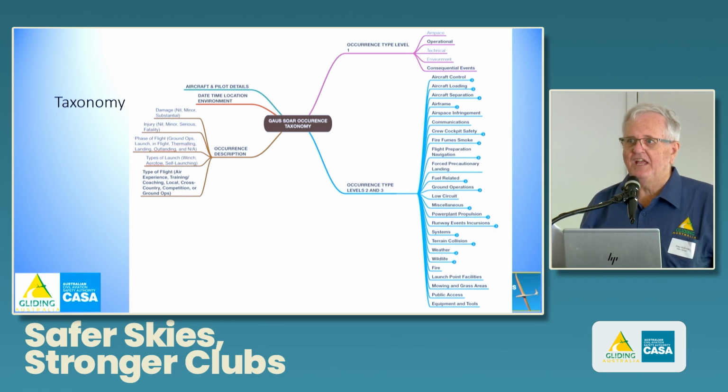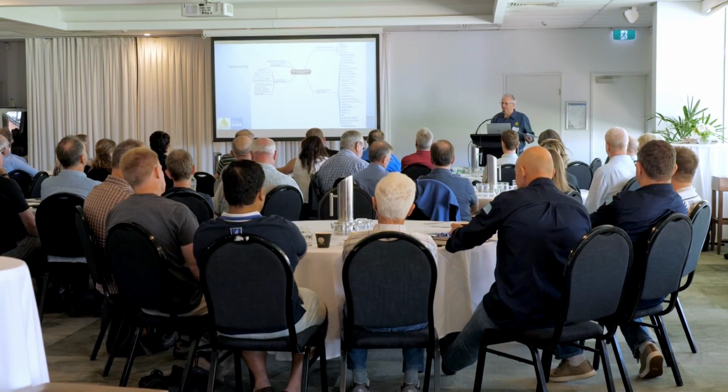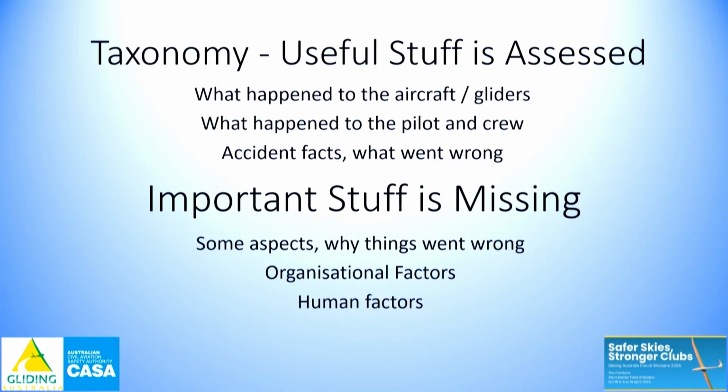Aircraft separation, airframe events, runway events and incursions, terrain collision, crew and cockpit safety, all those things. Now, the summary sheets on the table that I've provided you is a text version of these taxonomies, and it actually gives you some stats about the numbers of incidents that we have had against these major level 2 categories. They are broken down further in level 3, and that's where we get to the specific causal pathways within each of those elements.